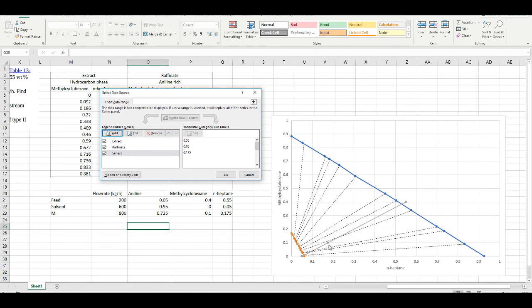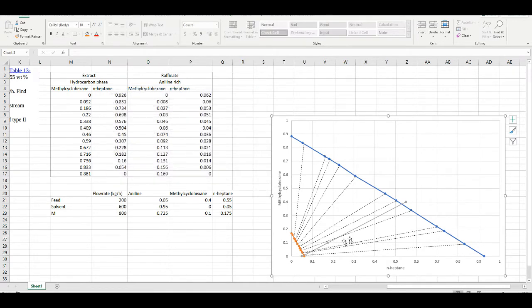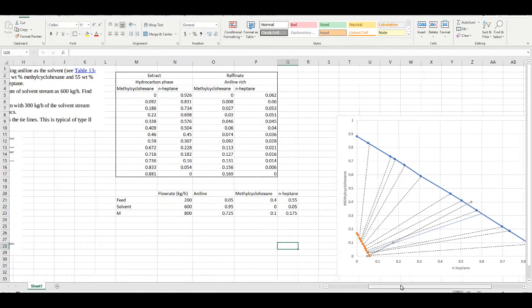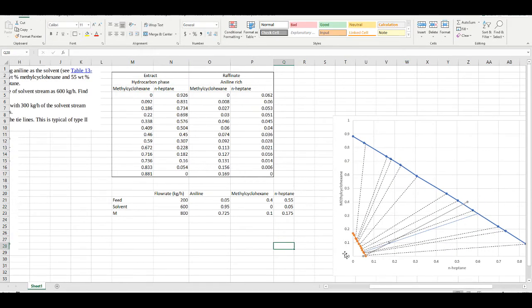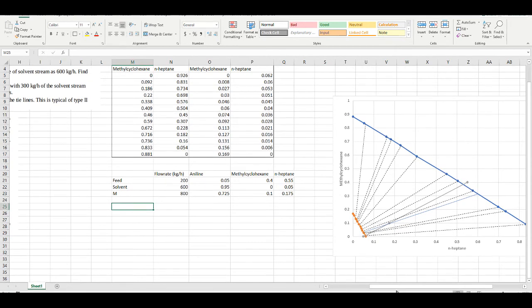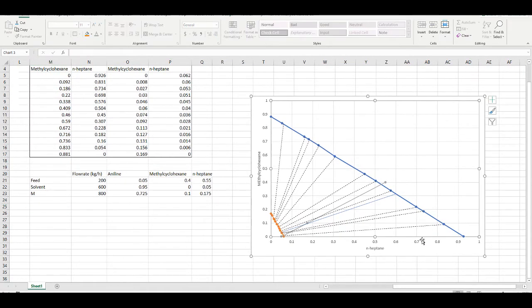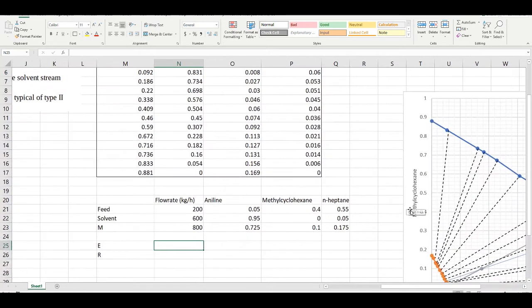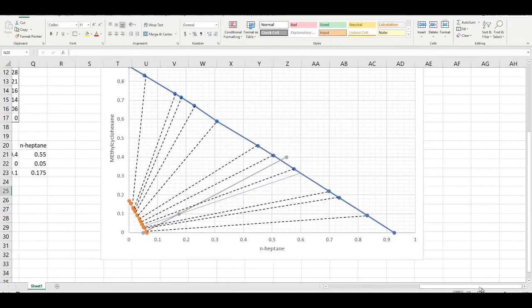So the mixing point is this point here, and this means that the equilibrium line can now be traced. Looks like it's something like this. So that is the composition of our outlet streams, and if we look closely, we can actually add some grid points. The extract stream is going to be the stream on this side, and the raffinate stream is going to be the stream on this side. So if we look closely,